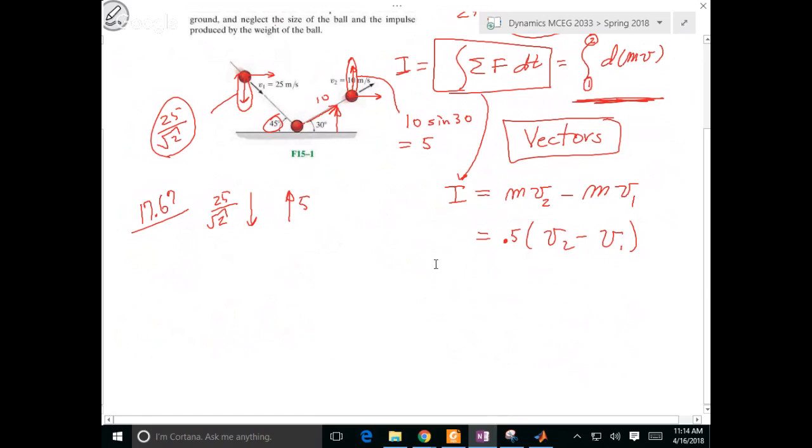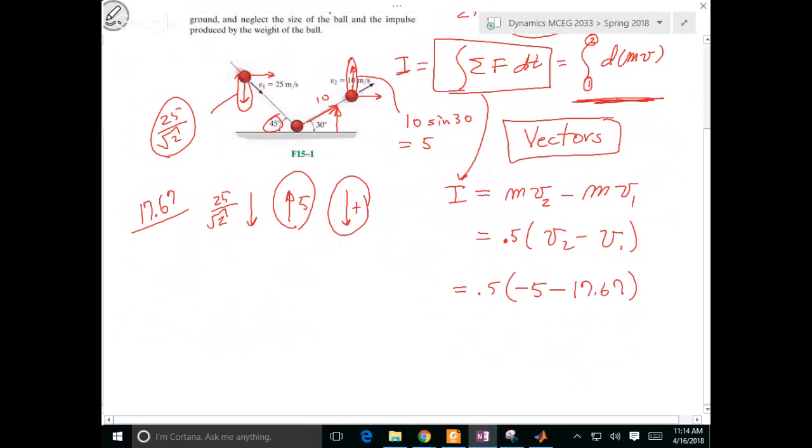So I'll say I've got to choose a positive direction, I guess, and I don't know which way to choose. The answer in the back might have a different sign because he might have chosen a different direction. I don't really know, but what you'll end up with is a half times V2, which was this one, that's a -5, and then the minus,